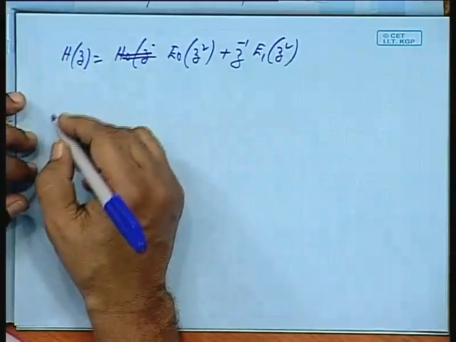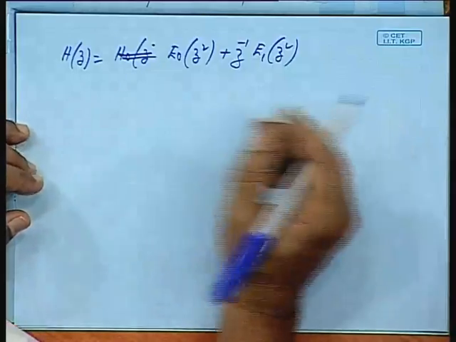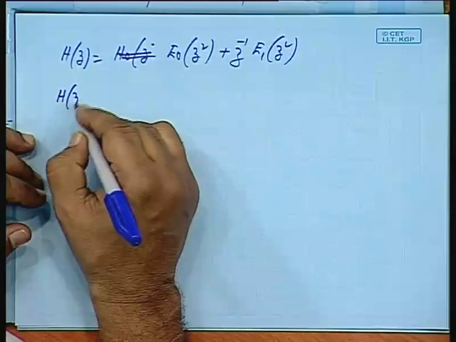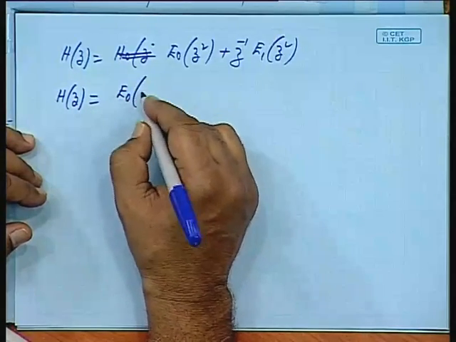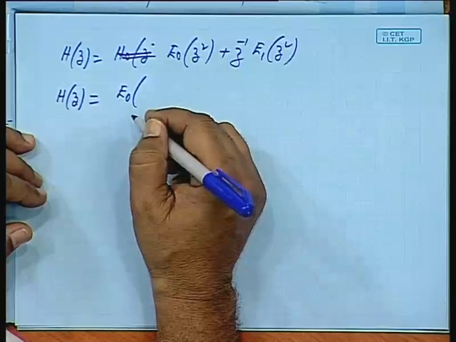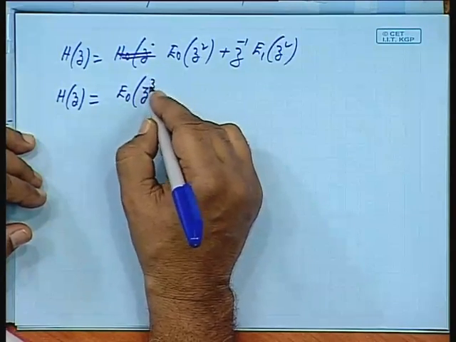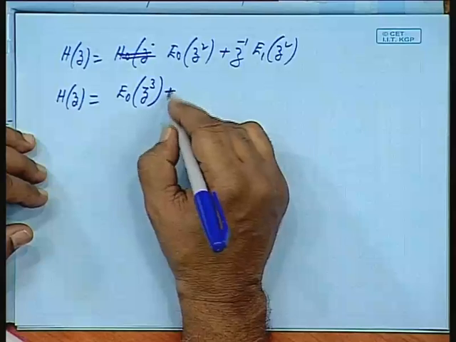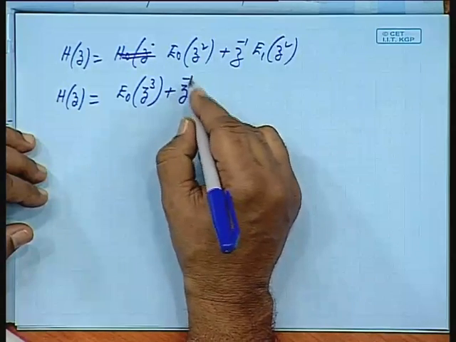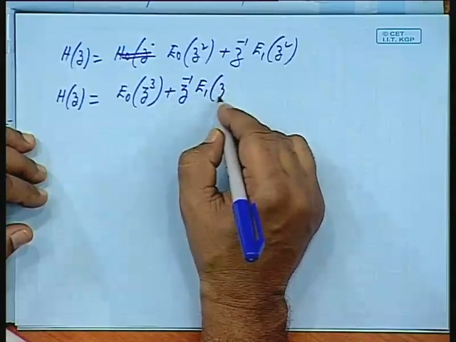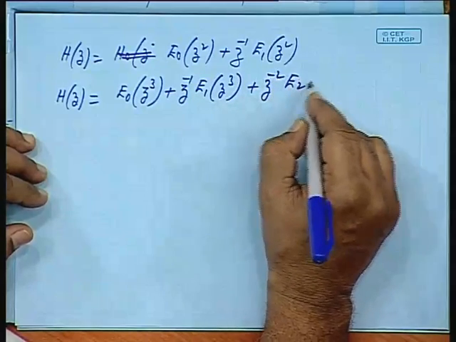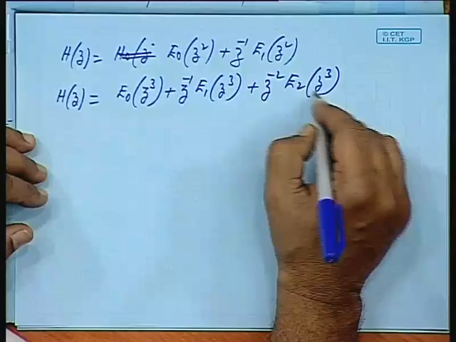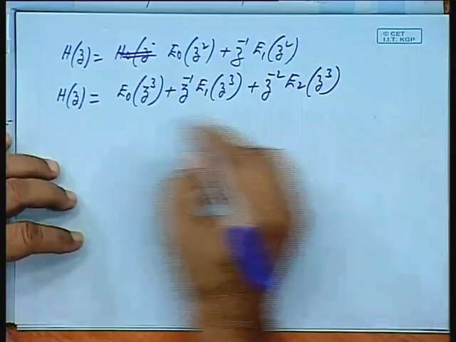If instead of picking up alternate terms, we pick up every third term, then Hz can be written as E0 z cubed, do you agree, plus z inverse plus... okay. So, generalizing this,